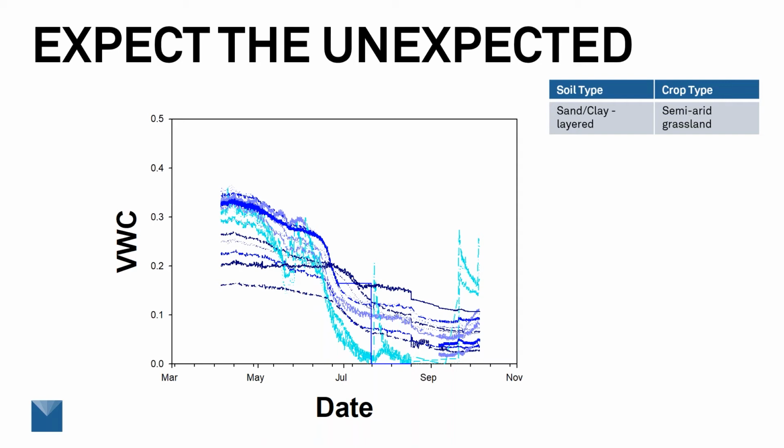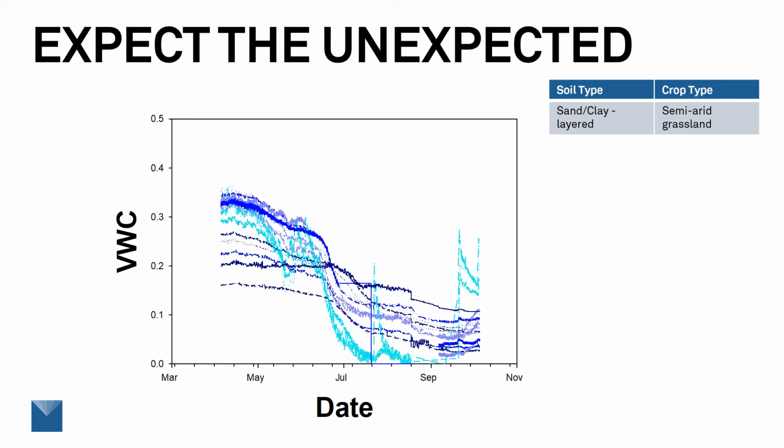And I dug back through my archives and found these data. I don't think they're from the specific location that she was asking about. But basically I said, you've got to expect the unexpected. You can't know beforehand what your water content sensors are going to tell you. If you did, then there'd be no reason to go out and experiment. And in this specific location where we had this wide range of water contents, I encouraged her to go out and sample the soil and learn a little bit more about what was going on.